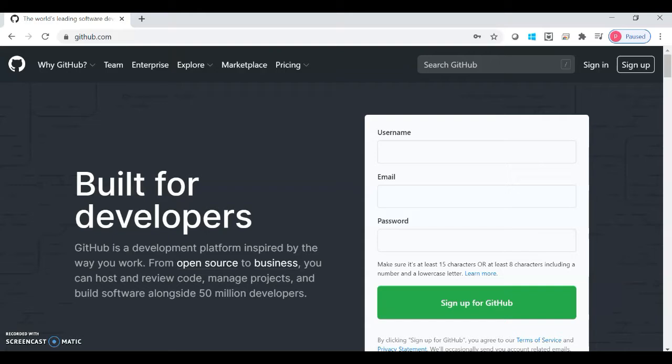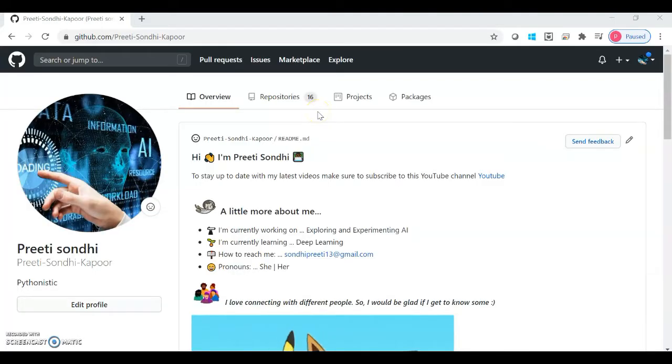Well, either you are a fresher just joined a company or you have an experience of 10, 12, 20 years, you all must be familiar with Git. Everybody is talking about GitHub nowadays. If you are going for an interview, they will definitely check your projects on GitHub. So, if you have an account in GitHub, then it's fine. Otherwise, you can sign up here and you can enter your username, email, password. Well, it's very simple and easy.